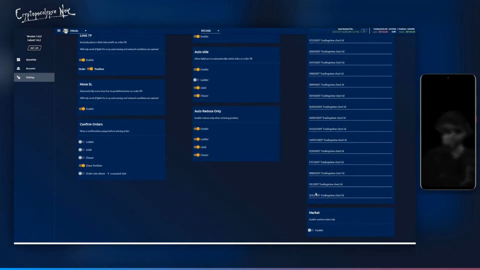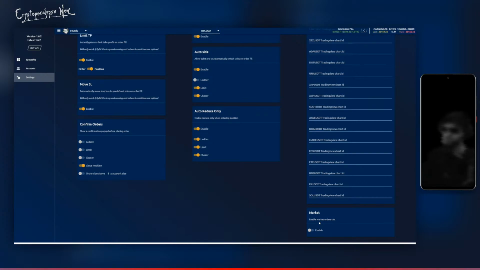Bam. You have your market hidden feature. This is hidden by default, but this is how you enable it. So this enables the market orders tab. It's not a simple little add-on. Before it was very primitive. We made it so that beginner traders don't abuse it too much, because that's how